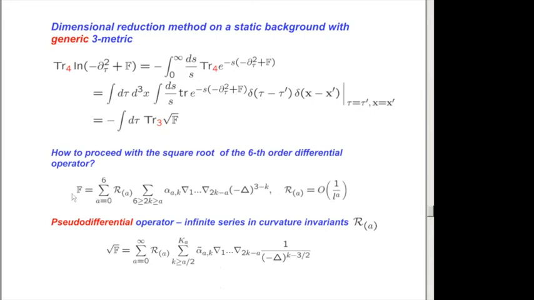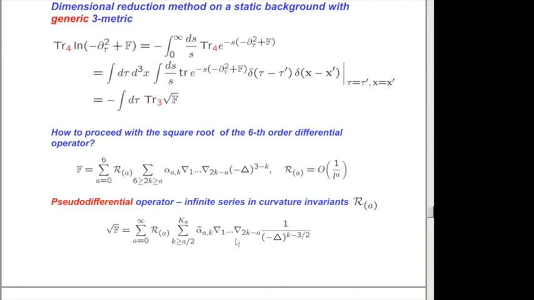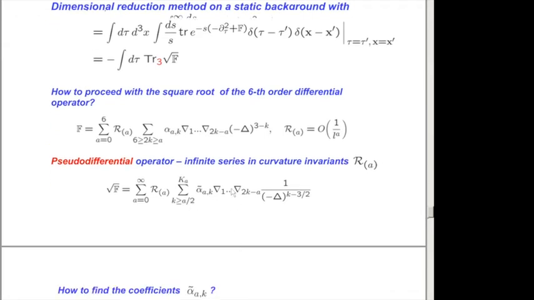And the square root of this is, of course, the pseudo-differential operator, which is now an infinite series in powers of the curvatures and structures which remind us very much of the universal functional traces that I just introduced above. So we derive the coefficients of this expansion. Then we can check very easily that only the finite part of these terms will contribute to divergences,